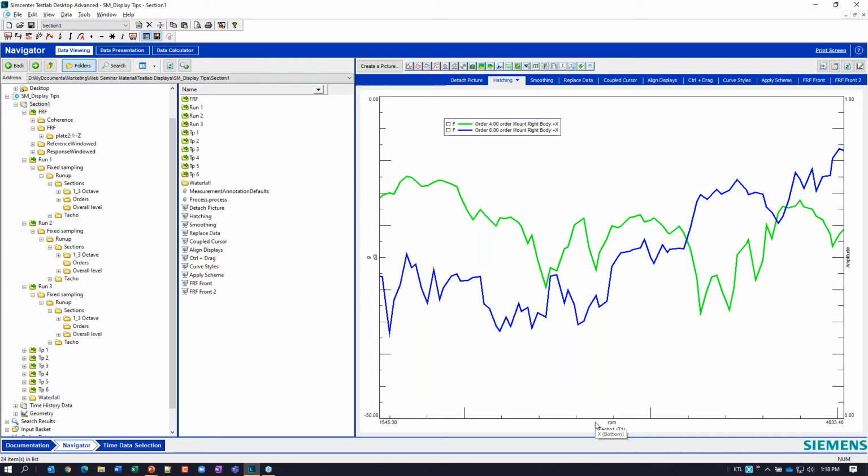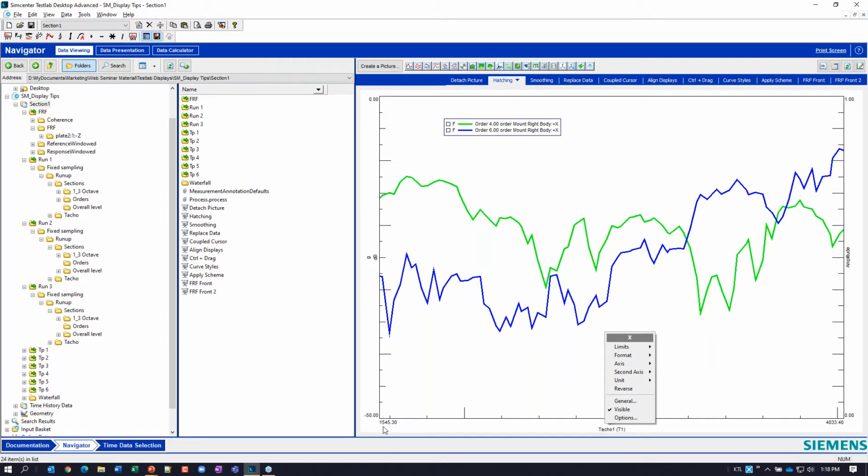And certainly in any part of my display, I can right-click, and you'll see I get this little title up here. It tells me I'm about to change some options for my x-axis. I can certainly change my limits. Free means it's going to go literally to the data value. So you see this sort of odd number here, 4,033.4 RPM.